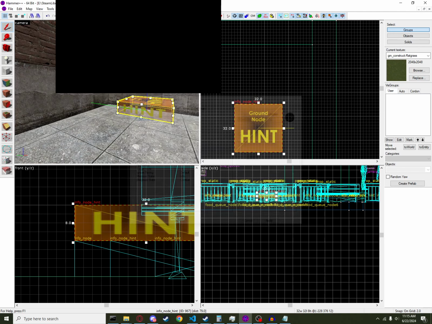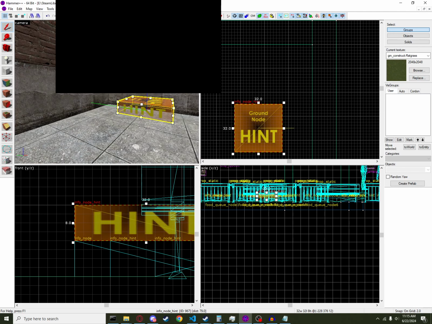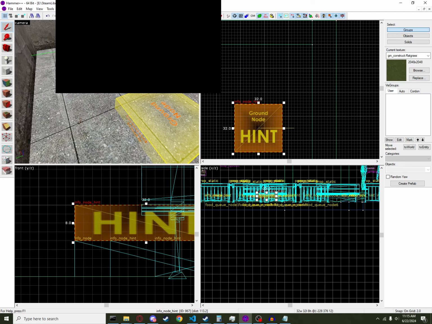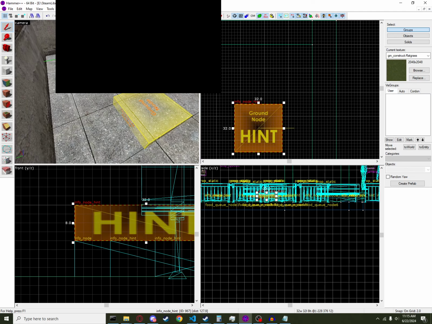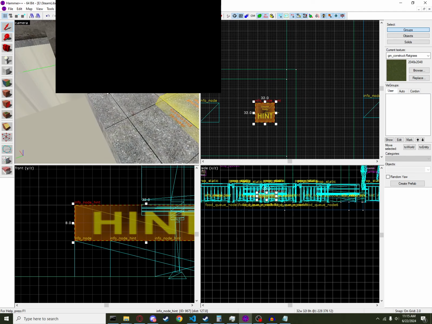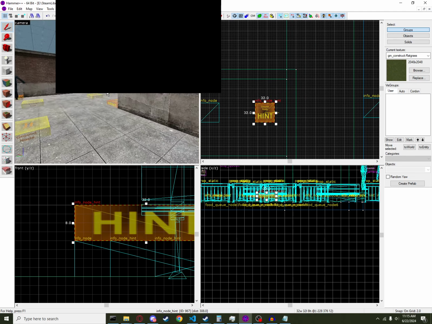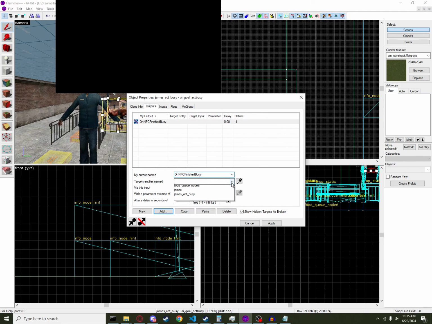And now, NPCs who want to leave, which you'll trigger, will then search for this node, walk over to it, align themselves with it, and then they will delete themselves. So now we're going to go over here, add an output here, on NPC finish busy,